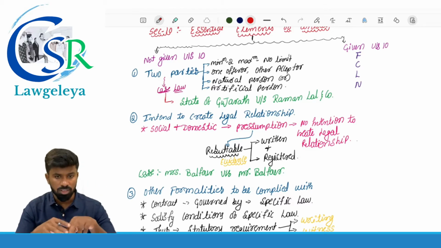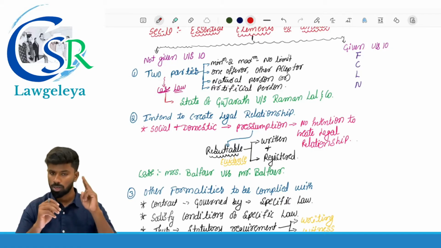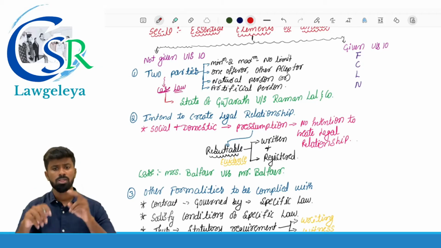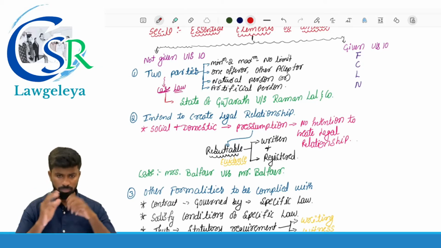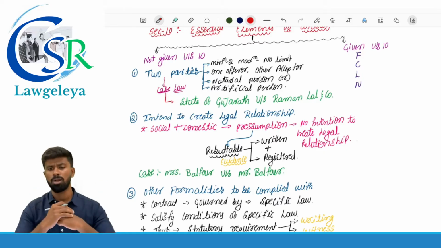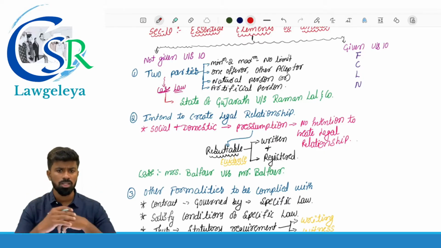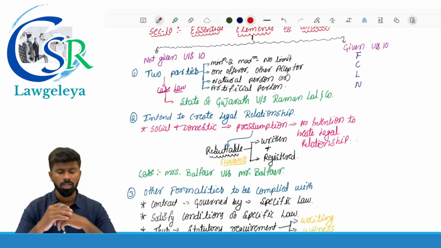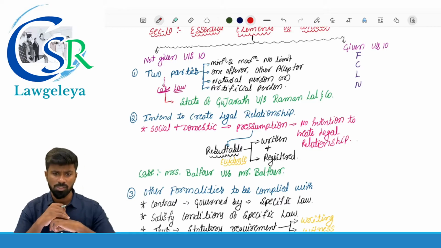To be a contract there must be how many parties? Two parties. But in this case the court held that there are no two parties, there is no transfer, there is no question of what? Tax. This is what happened in which case law? State of Gujarat versus Ramanlal and Co. But after this case study there are certain amendments brought to the Income Tax Act, where there is a concept called presumptive transfer. As per that, even in case of transfer of assets,